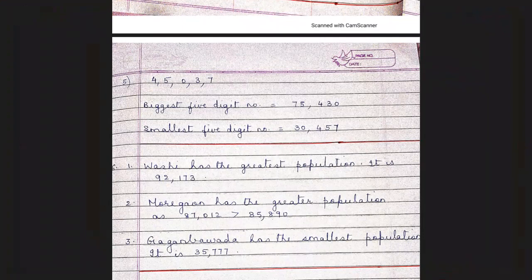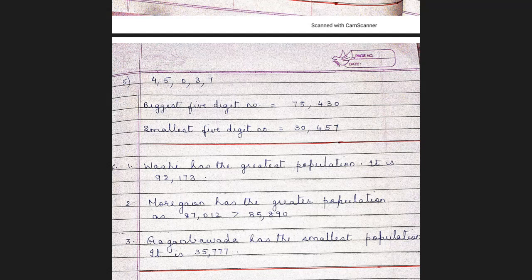Now children, when you look at these numbers 4, 5, 0, 3, 7, which is the biggest number of all these 5? It's 7, right? After 7, the next highest number is 5. Then the next highest 4. Then 3 and then 0. So you arrange it that way, starting from the highest and go to the lowest. So 7, 5, 4, 3, 0. So how do you read it out? It's 75,430. So this is the biggest 5-digit number that you can make out of these given digits.